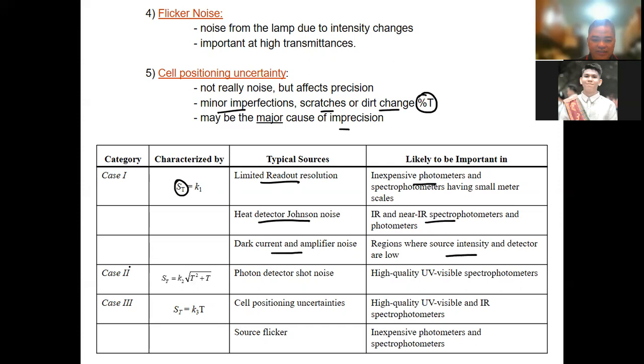Now, another case that you have here has something to do with the photon detector shot noise. So here, it's likely to be important in high quality UV-vis spectrophotometers. And then in case 3, the self-positioning uncertainty, that happens also in UV-vis and IR. And the source flicker, the flicker noise, which happens in inexpensive photometers and spectrometers. And